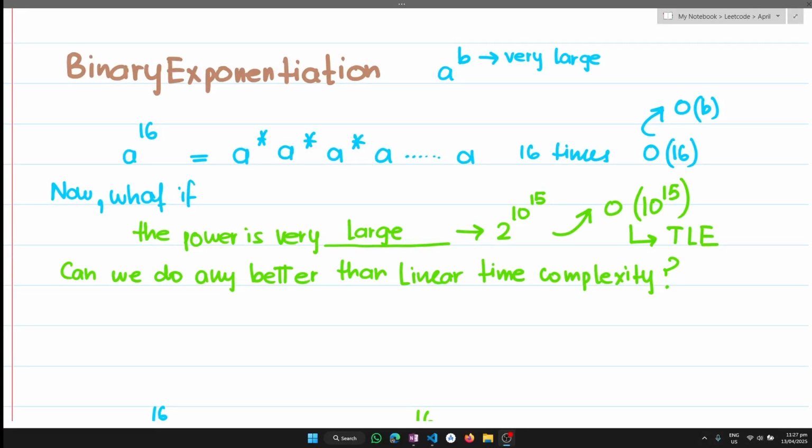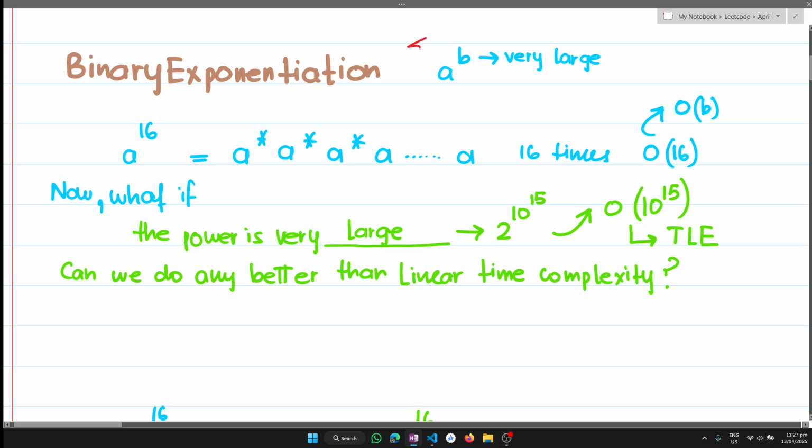So today we are talking about binary exponentiation, what it is and why do we need it. Okay, so let's have a look at what the problem really is. We are trying to calculate a to the power b. For example, 2 to the power 16 or 2 to the power 20 or maybe 5 to the power 51,